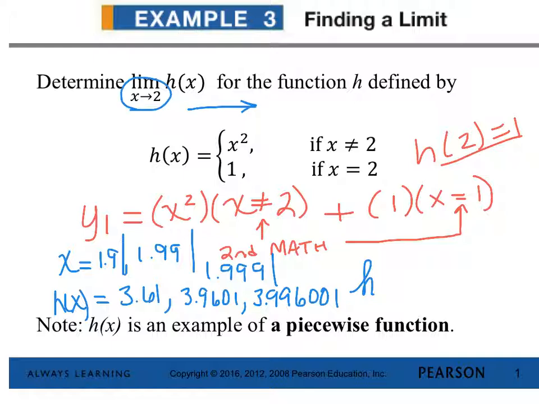So if you're finding the limit of h of x, and letting x approach 2 from the negative side, then that limit appears to be, let's see, more than 3.5. 3.96 is close to 4. 3.996 is even closer to 4. So that limit appears to be 4. And then following the same logic,